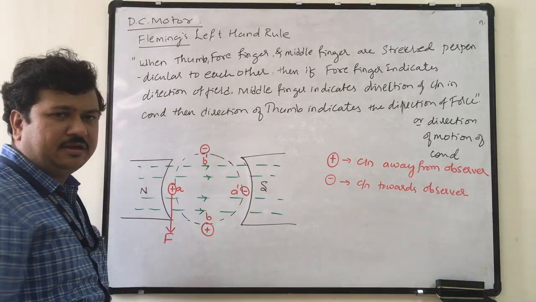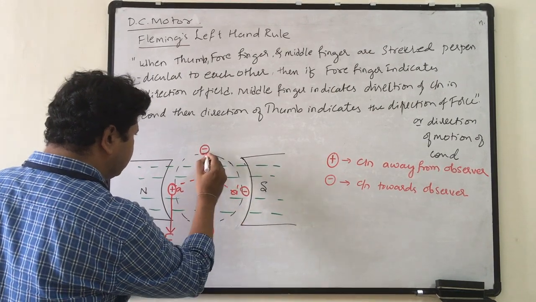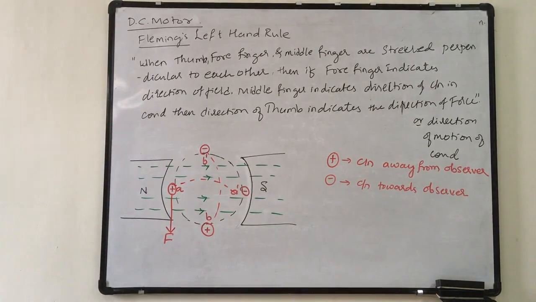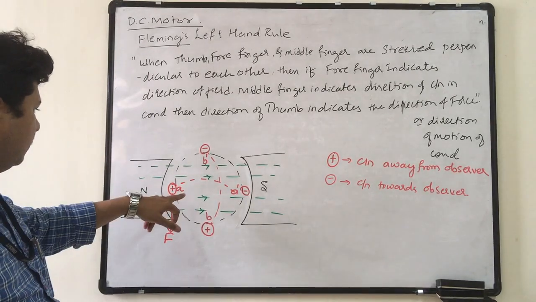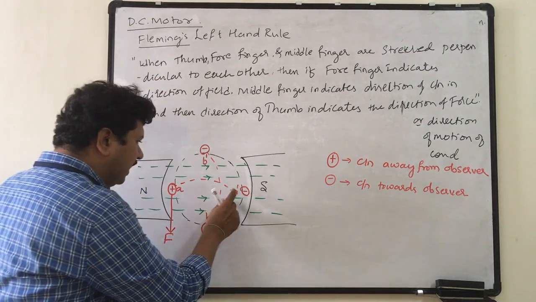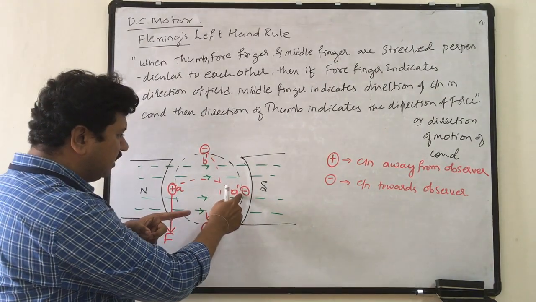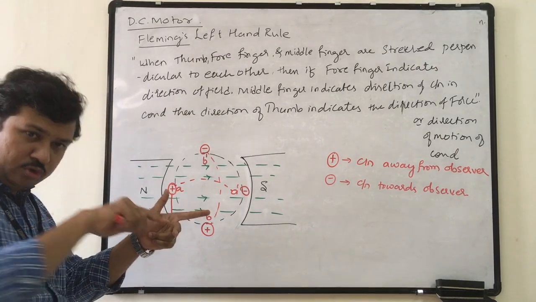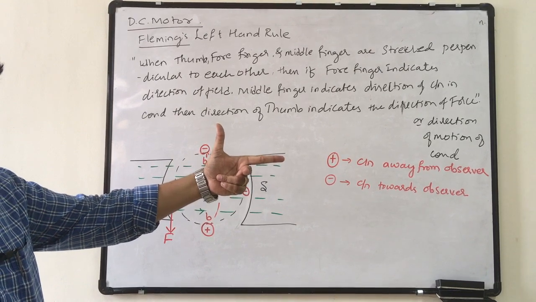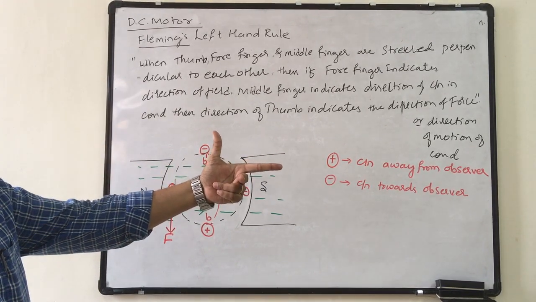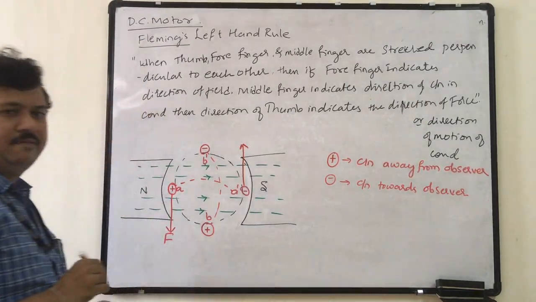Now on the other coil side, these two are connected back with coil sides. There is a coil side here, and this is also connected. These are the same sides of the same coil. So now apply it for this A dash. Direction of field is left to right. Direction of current in conductor A dash is towards the observer. So the direction of thumb indicates the force exerted. Now the direction of force is upwards. Okay, now this is the force.